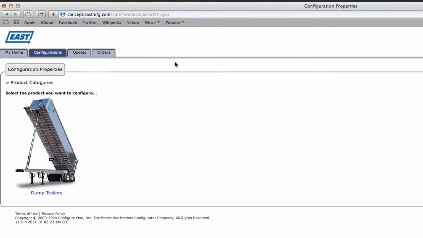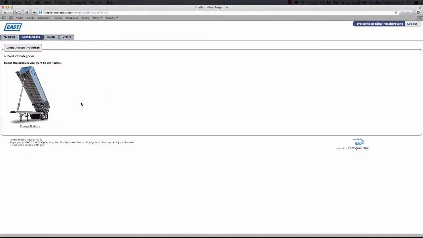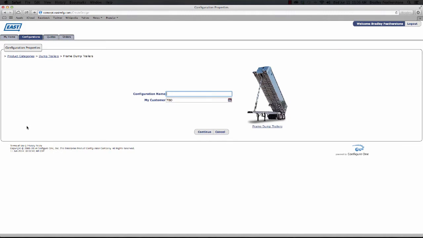Beneath Configuration Properties, you'll see Product Categories and a picture of a dump trailer. Since we're going to be building a dump trailer, I'm going to go ahead and click the dump trailer's link. Eventually, there will be more options to choose from, but for now, it will just offer frame dump trailers. So now, I'll click on the Frame Dump Trailers link, which will take me to a Configuration Properties page for